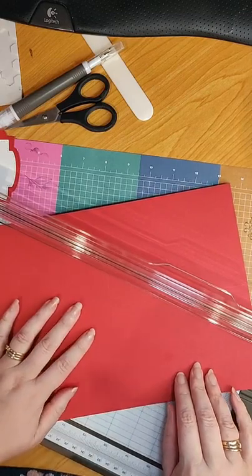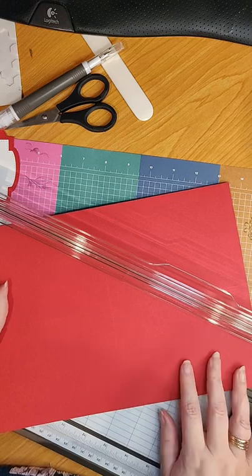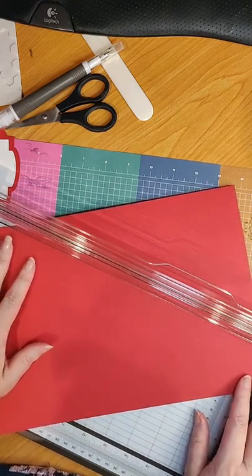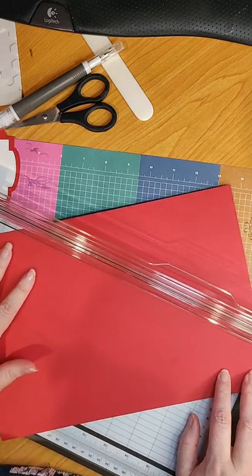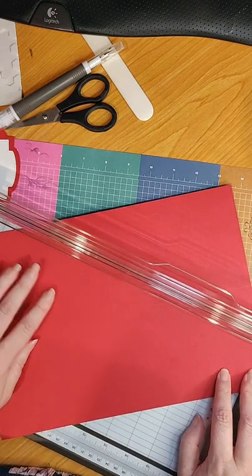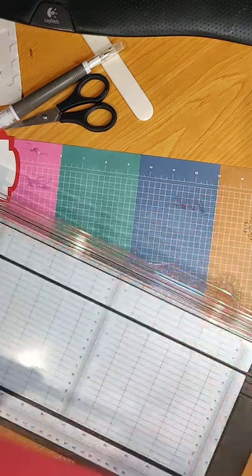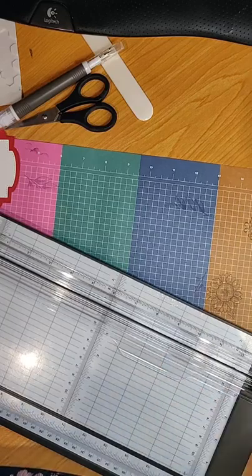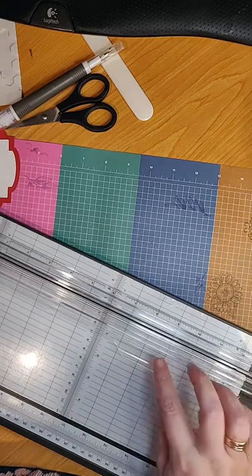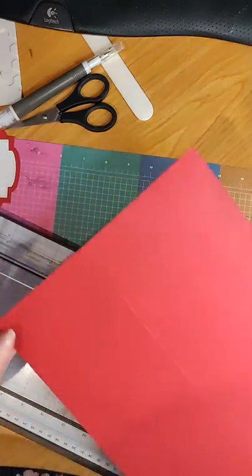What we need to do is, if you have a guillotine, it might be easier to do it in that, but if you've got a trimmer like this, then it's going to be a little bit of wiggling around. If you have the exact trimmer as this one, you'll notice that when you close it, and I think that's the same with most of them, they lock in, so there's a little groove there. What we're going to do is not lock it in, because otherwise you're going to get a little bit of a dent in your card,